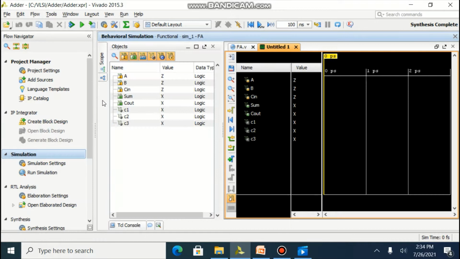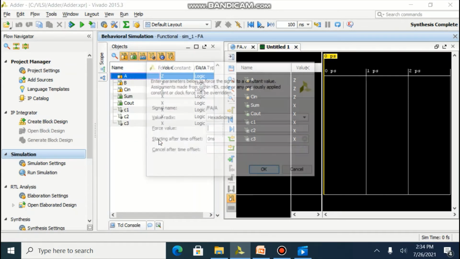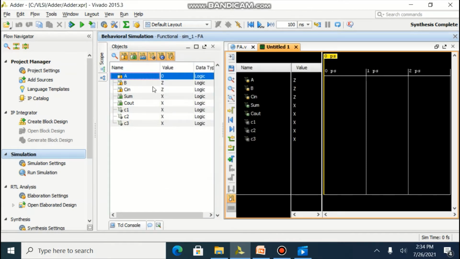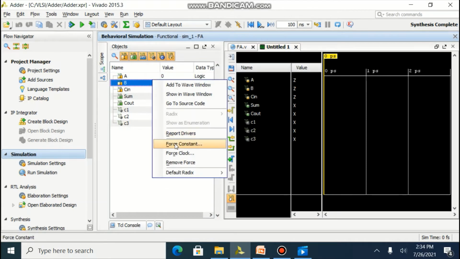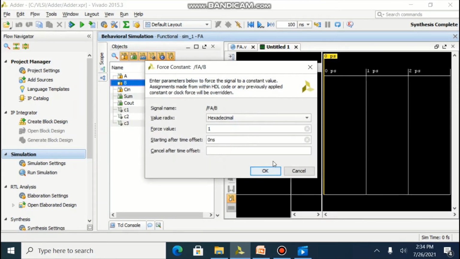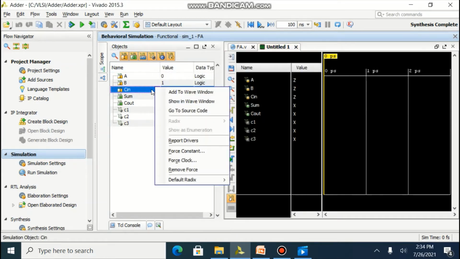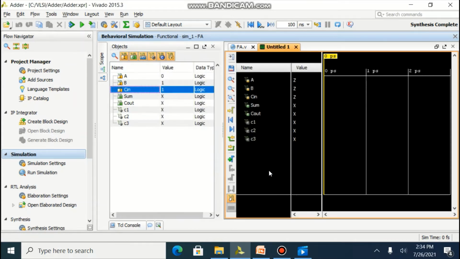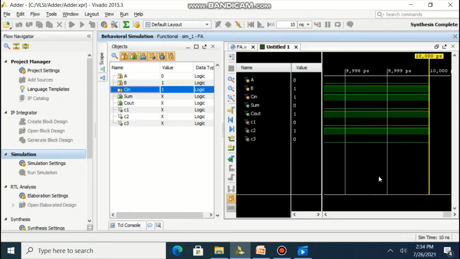Click object, and now we can specify our inputs. AB is 0, 1, Cin is selected as 1, and we will run simulation for 10 nanoseconds.